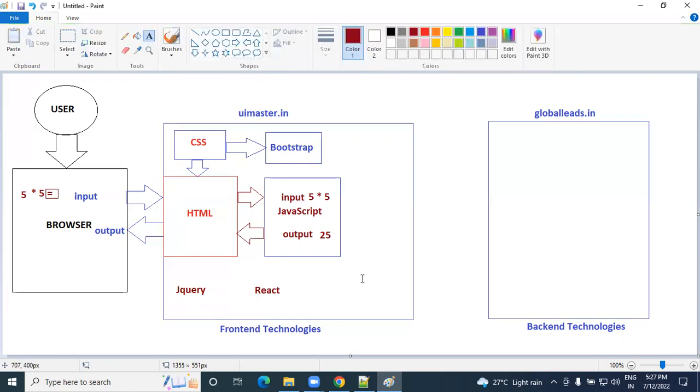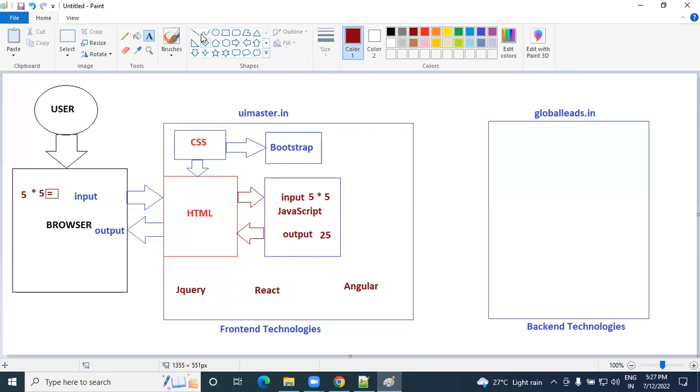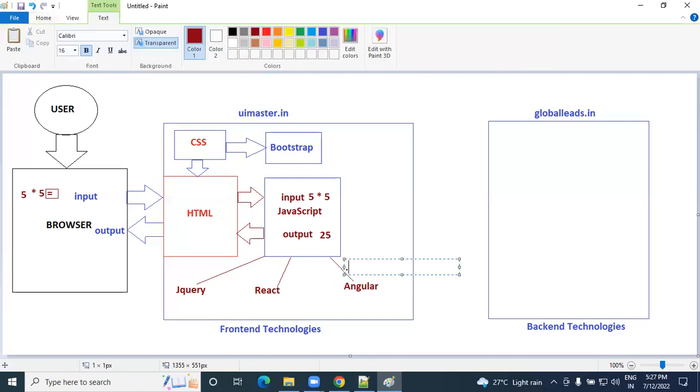React and another option you have called Angular. Okay, so where does this all come from? Let me guide you. This all comes from here. jQuery comes from JavaScript. React also comes from JavaScript. Angular also comes from where? JavaScript only. But before learning Angular, we need to have one more idea that is called TS,